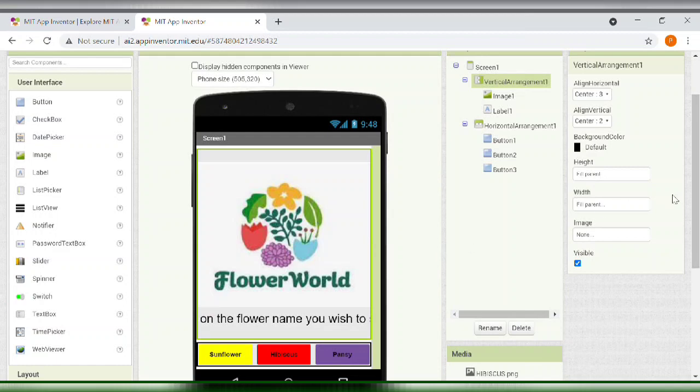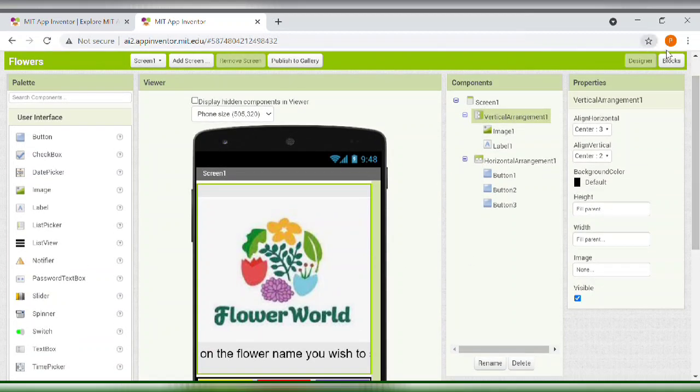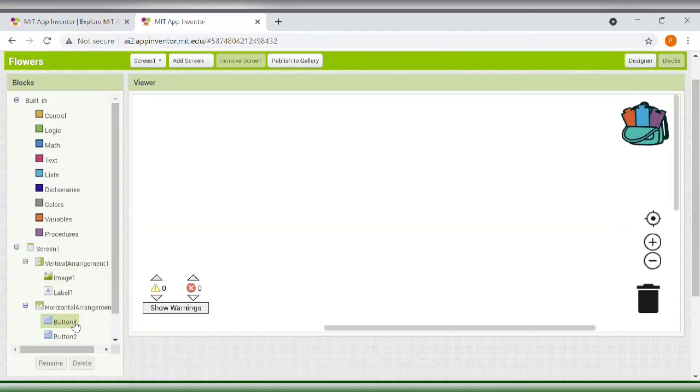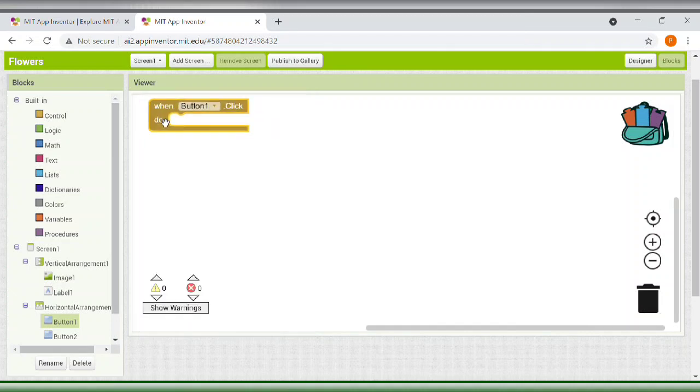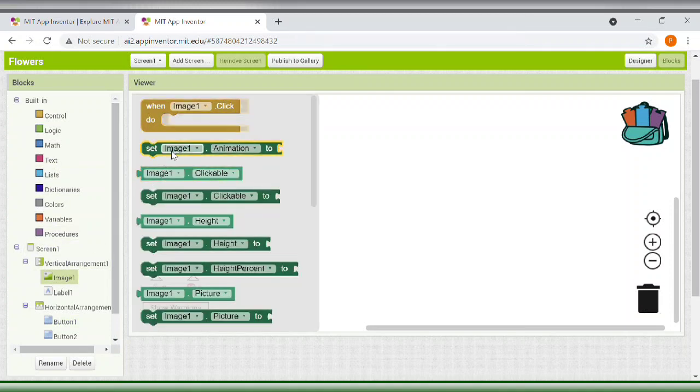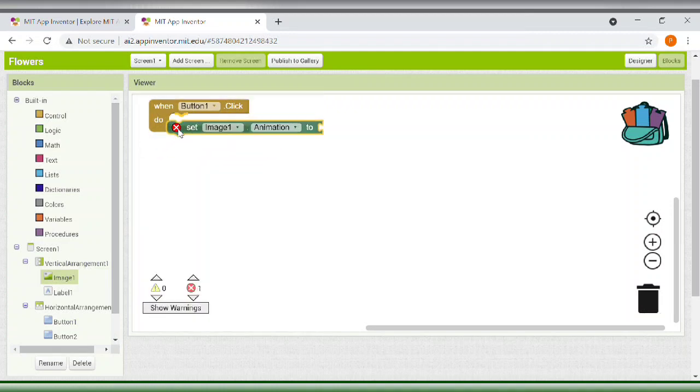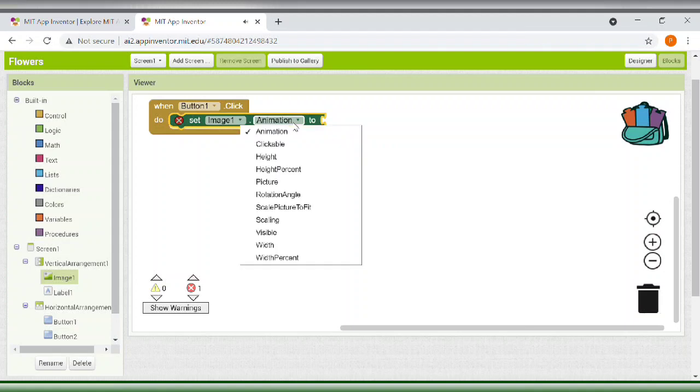Okay, so now let's write a code. So we'll go to the blocks section. We'll click on button 1. Now when we click on button 1, we get all the blocks related to button 1. So we'll take the first one, which says when button 1 click do, which means when button 1 is clicked, do. Now we'll tell it what to do. So we'll click on image 1. Now we get the blocks related to image 1. Set image 1 picture